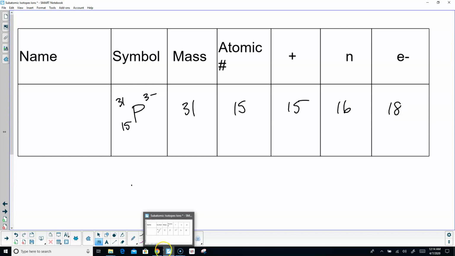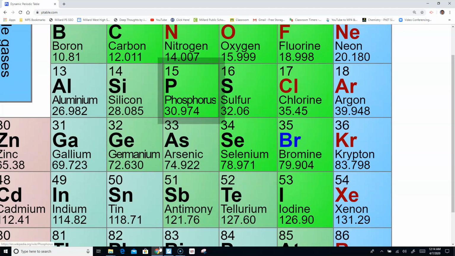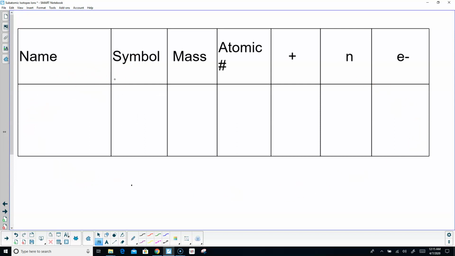If I look up and see what element this is, atomic number 15, here it is, phosphorus. Okay, symbol P. I'm going to say phosphorus-31. Okay, I'm going to do one more of these. I'm going to give you some to practice. Okay, let's say I give you something like this. Let's say I give you Al